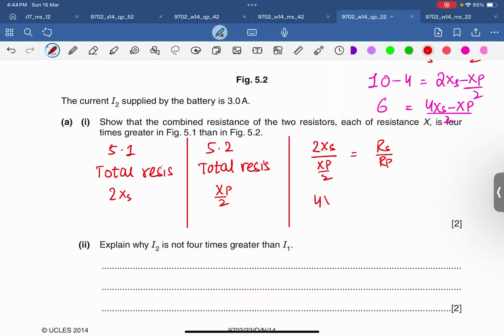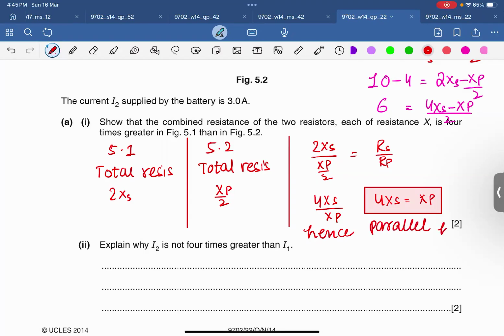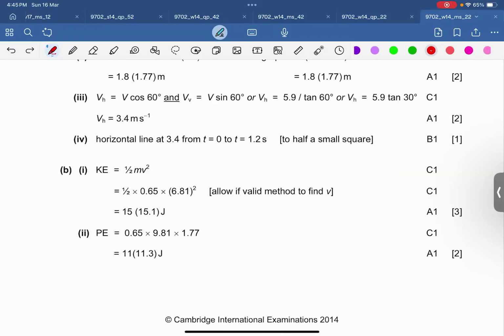So you get 4xs divided by xp. And we can say that the series has 4 times the greater resistance. So 4xs, which is a series, is equal to xp, which is a parallel. Hence the parallel has 4 times lesser resistance, right? By the way, if we just check the marking key,